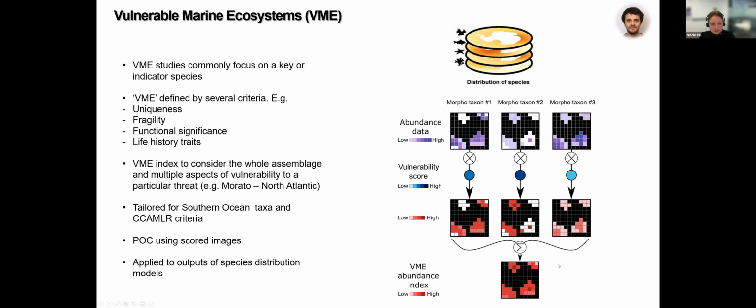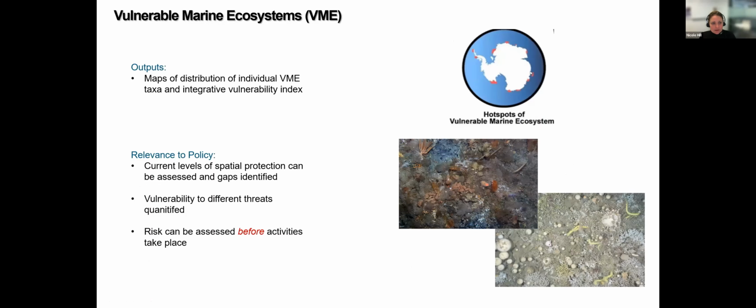So at the moment he's doing this using a proof of concept using the images that we've scored from our database. And once he's completed this, he'll apply this index to the predicted distributions of species around Antarctica. So he'll be producing maps of the distribution of individual VME taxa and an integrative vulnerability index. And the relevance of this work is that